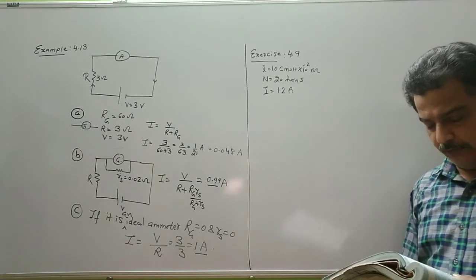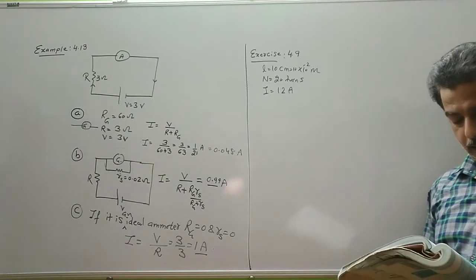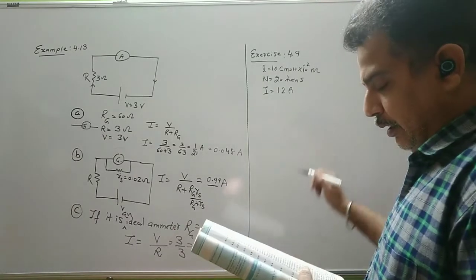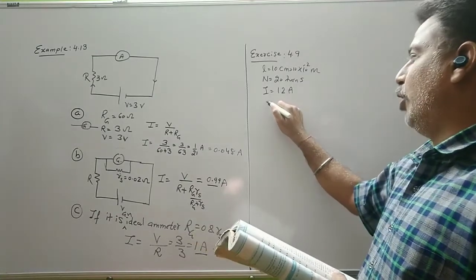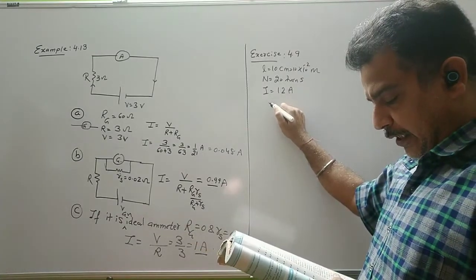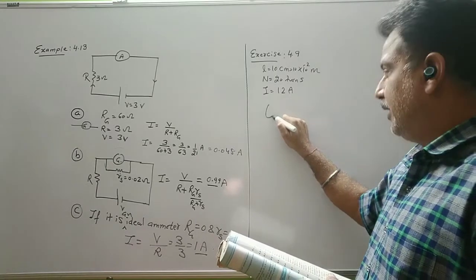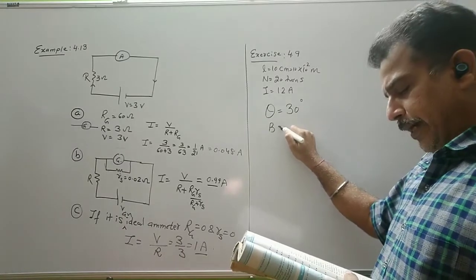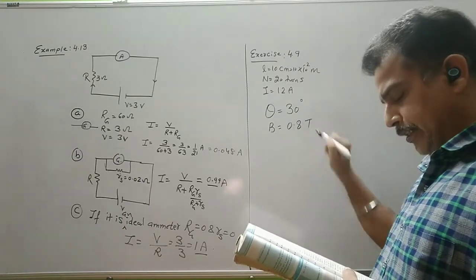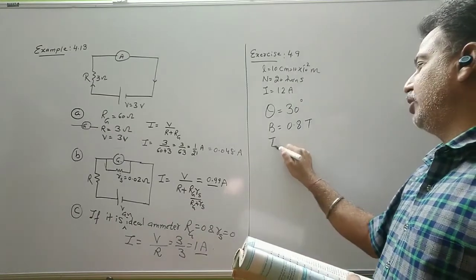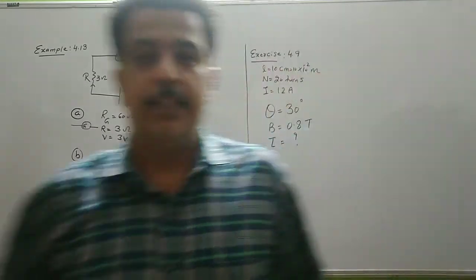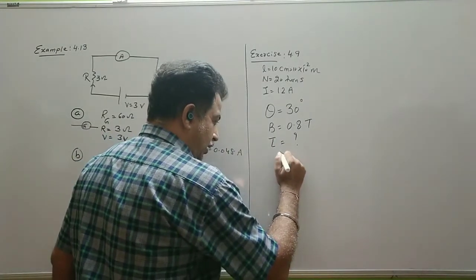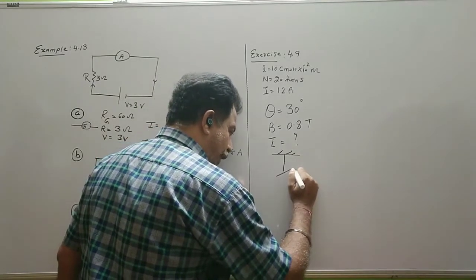The coil is suspended vertically and the normal to the plane of the coil makes an angle 30 degree with the direction of a uniform horizontal magnetic field of 0.8 Tesla. So the coil is suspended and the area vector makes an angle of 30 degree with the magnetic field of 0.8 Tesla. What is the magnitude of the torque experienced by the coil? So it is a current loop in a magnetic field where this square loop